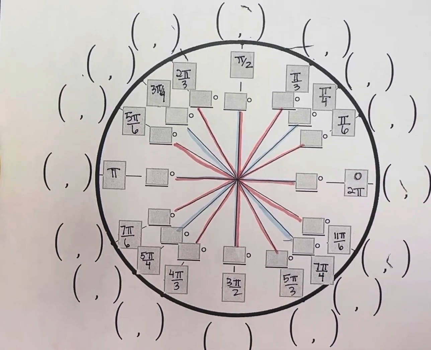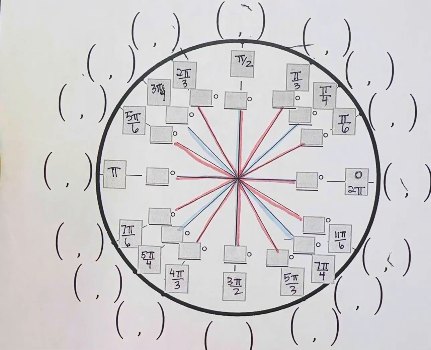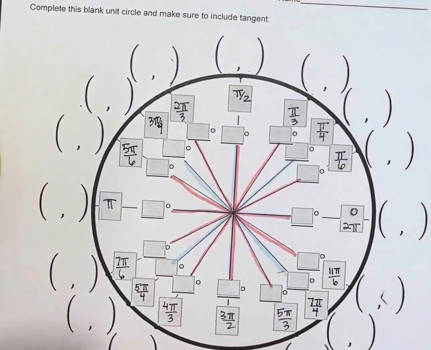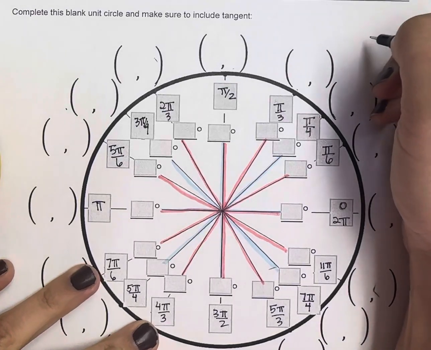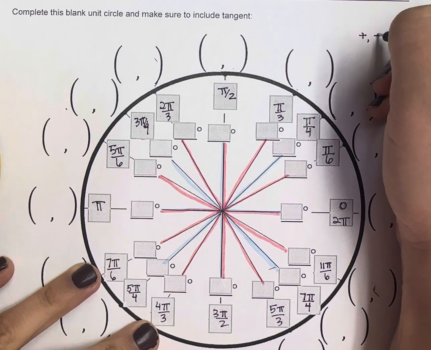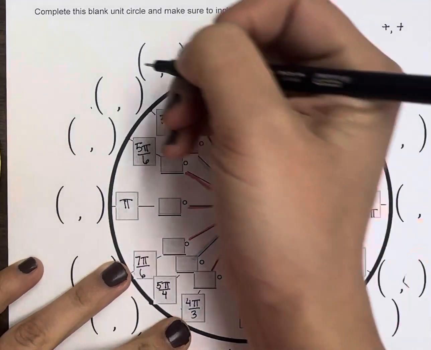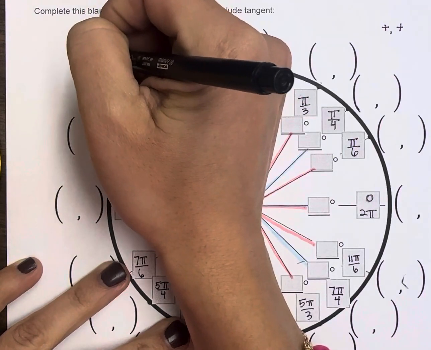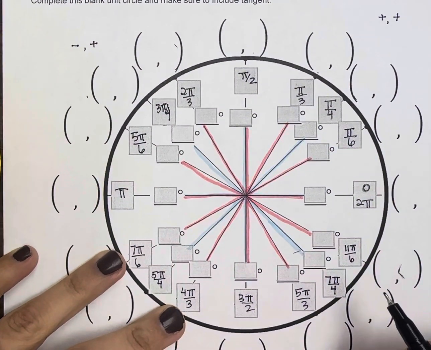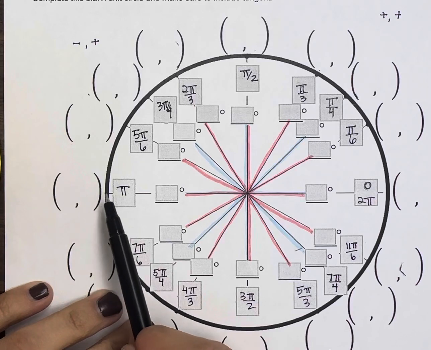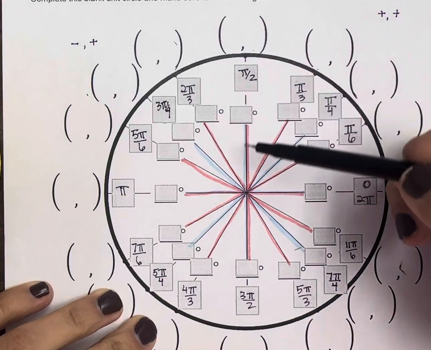Okay, so to label the points, let's start with the axes, okay? I do like to note that over here, both x and y are positive. Over here, my x's are negative and my y's are positive. If you're wondering where this is coming from, you guys, this is the normal xy plane you have known since